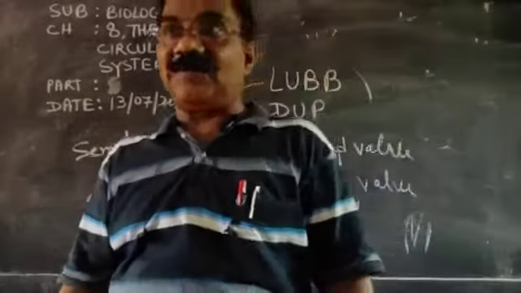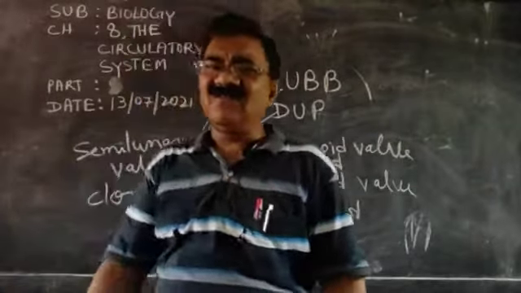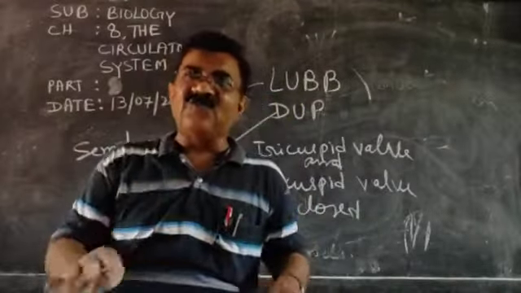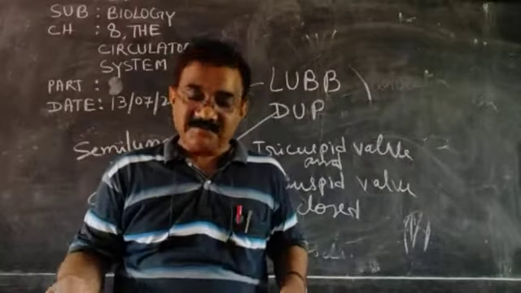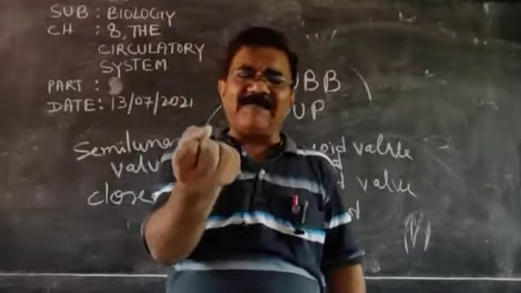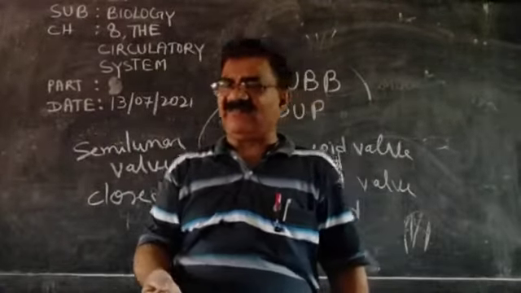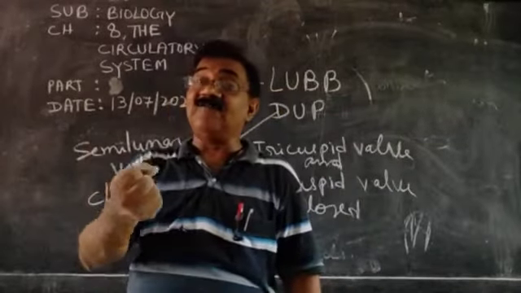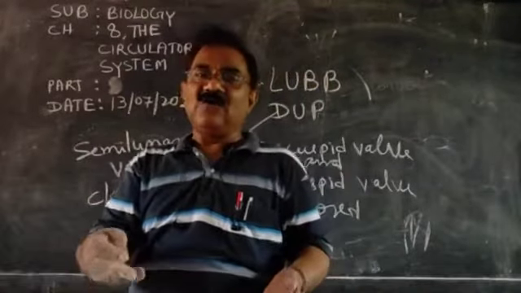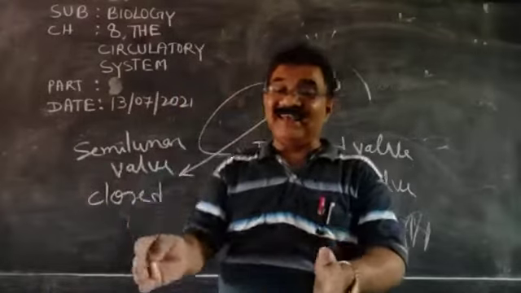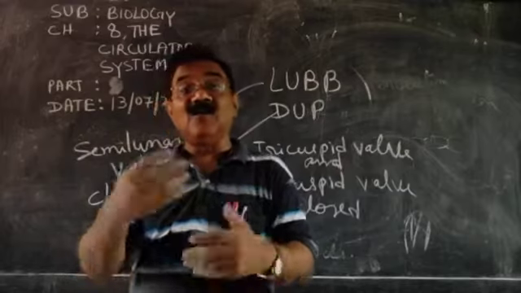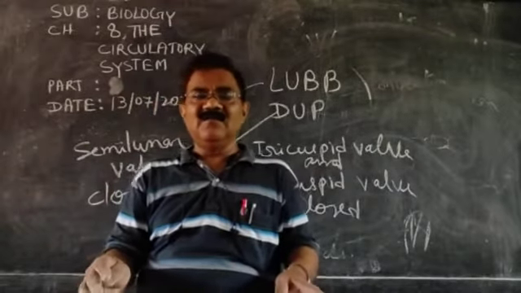Now coming to the next topic, heartbeat. Have you ever checked in 1 minute how many times your heart beats? It must be between 64 to 72. Have you ever caught a bird in your hand? Try to catch it. You can feel that the heartbeat of a bird is higher than ours. Now, if you see a newly born baby, the newly born baby has more heartbeat compared to us.